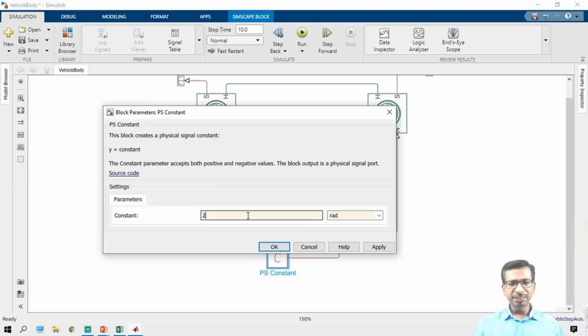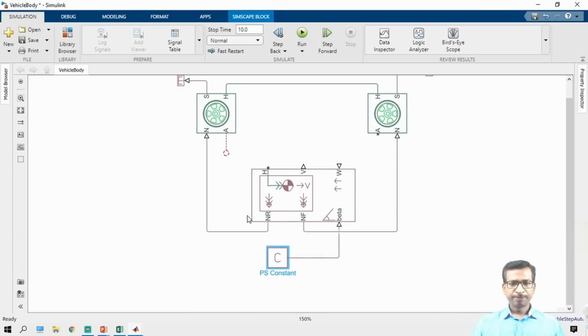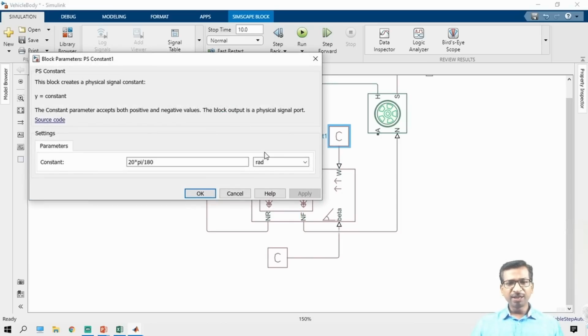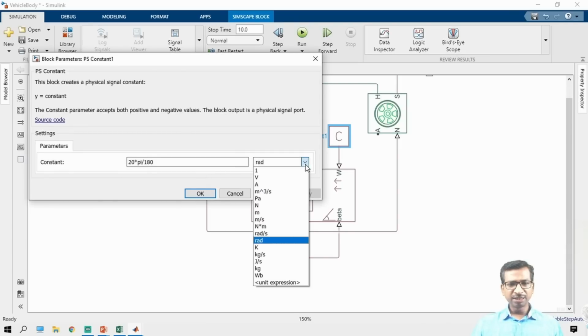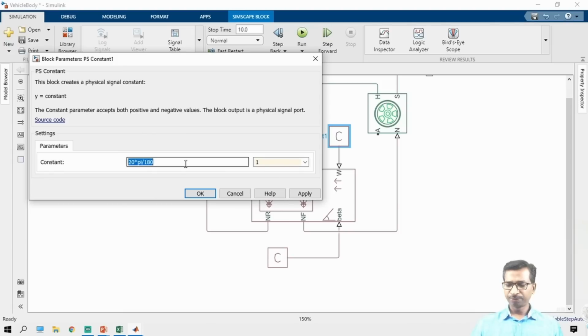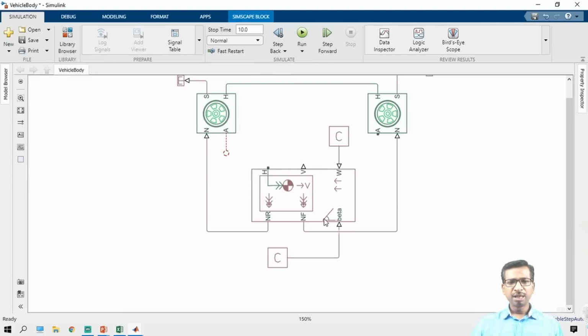So whatever it may be, let us define the degree, like whatever the degree, either a 20-degree deviation or a 45-degree deviation from the ground level. And pi by 180, so that is the conversion. And again take the same component and connect wind velocity. So here the wind velocity, you can check whatever you want, or else the constant you can keep as 1 or 0, whatever you want. And